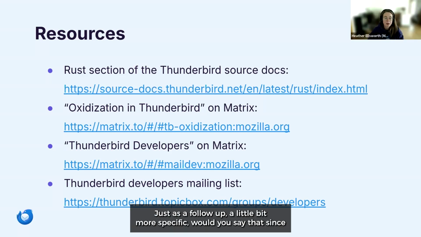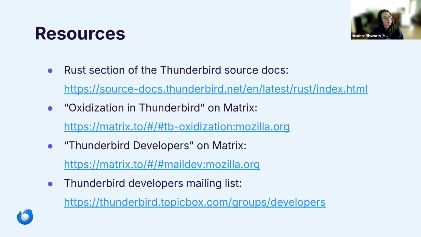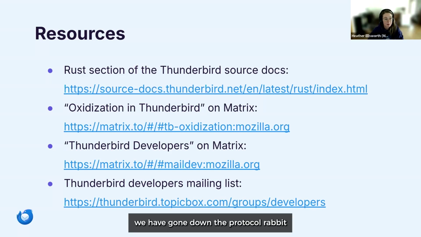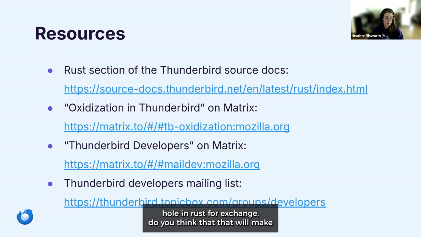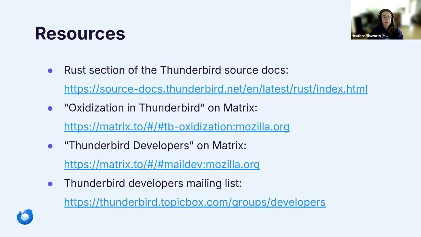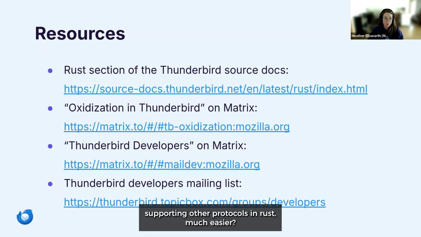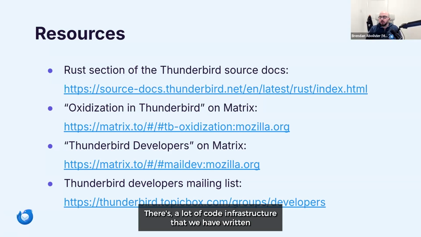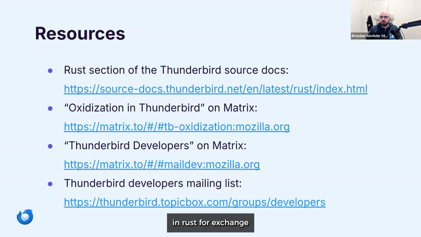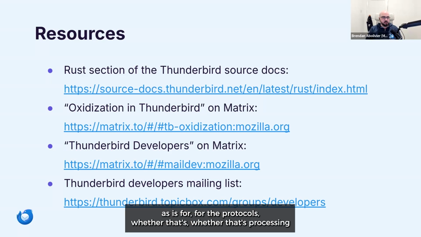Just as a follow-up, a little bit more specific, would you say that since we have gone down the protocol rabbit hole in Rust for Exchange, do you think that will make supporting other protocols in Rust much easier? Oh yeah, definitely. There's a lot of code infrastructure that we have written in Rust for Exchange that will be able to just reuse as is